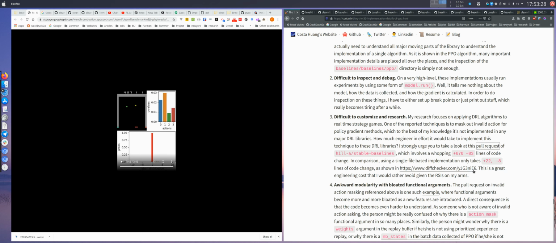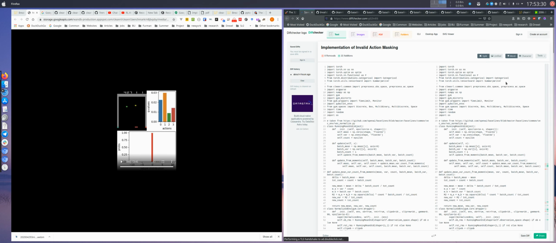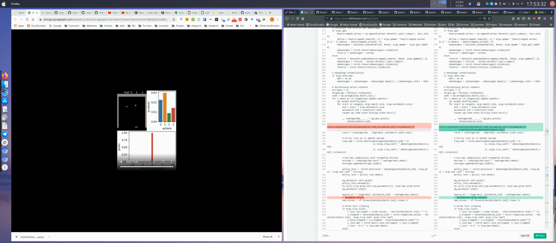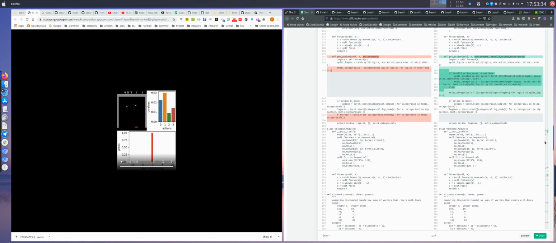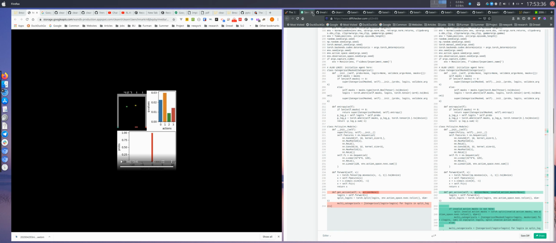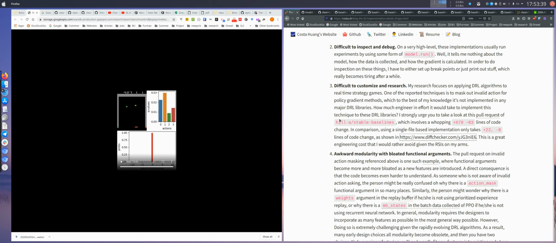In comparison, if you use a single-file implementation, this is how much effort it'll take. So it just highlights that when you deal with this kind of cathedral type of DRL library, it becomes harder and harder to incorporate new features. And additionally, I put this argument that they usually have awkward modularity with bloated functional